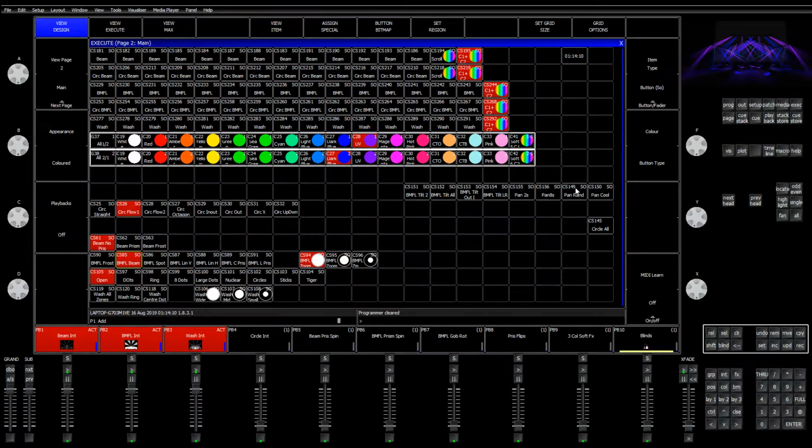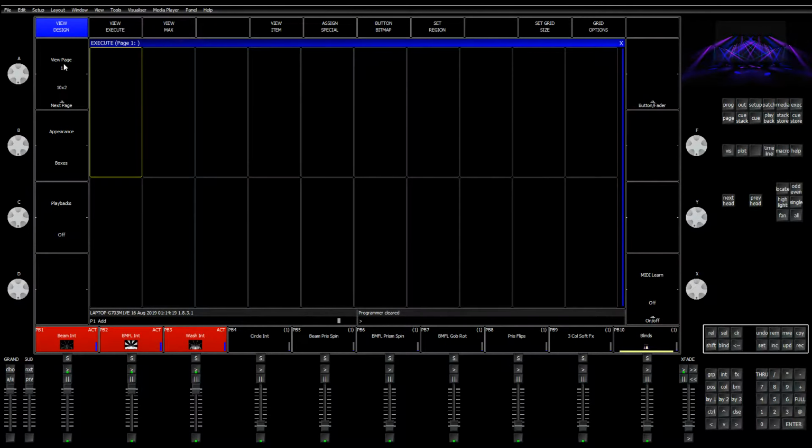Yeah, I kind of can't remember exactly where I was with what I wanted to be doing. Oh, no, that's it, I remember. So I was going to play around with making this execute page 1, making these buttons be the play and the pause buttons for my little wing here. Because I've never actually done it before, so I wonder if this might be good, because normally I keep the play and pause for having Q stacks all over these and going through those Q stacks,